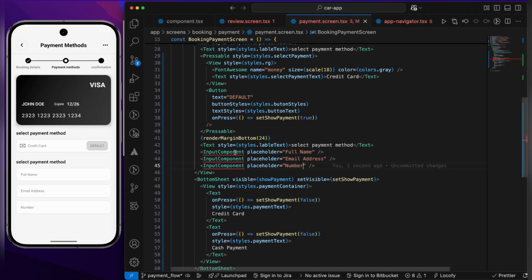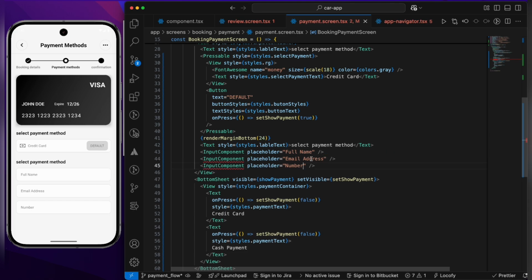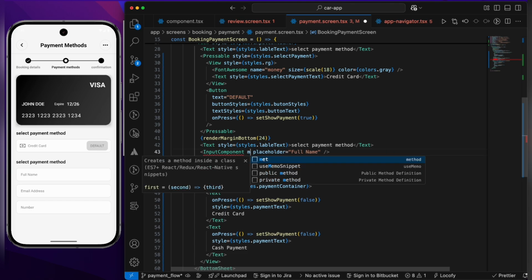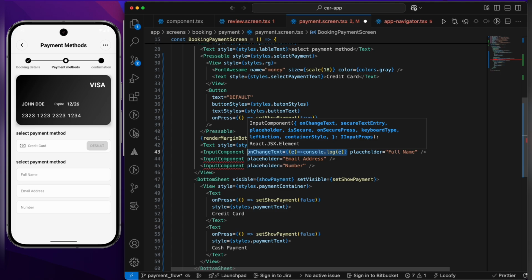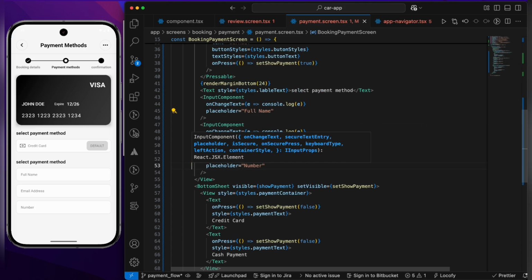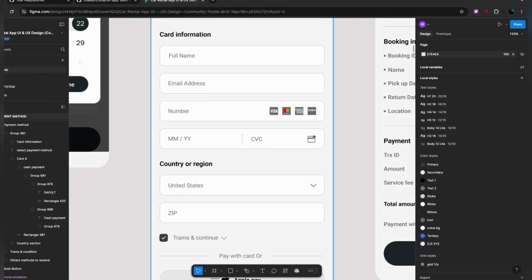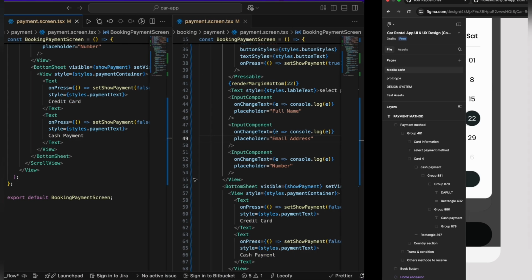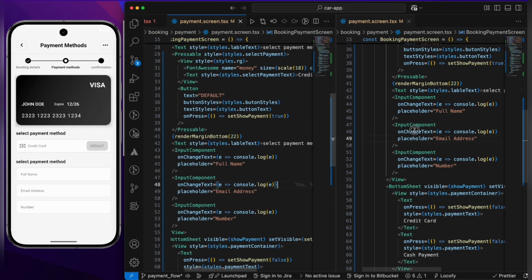So let's first of all add the props for it, missing attribute, which is the on change text. So let's add that on change text. I'm going to type the console.log for E. Let's copy this and then paste it everywhere. Yeah, like this. So another thing which we need, that is this title. Let's add a card information instead of this text. Let's replace it